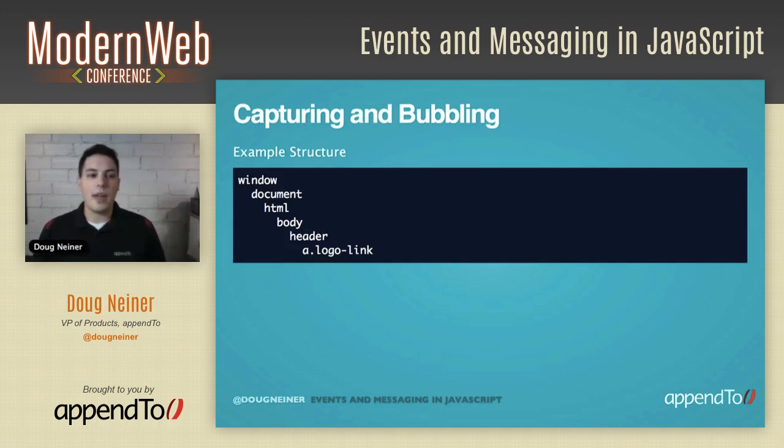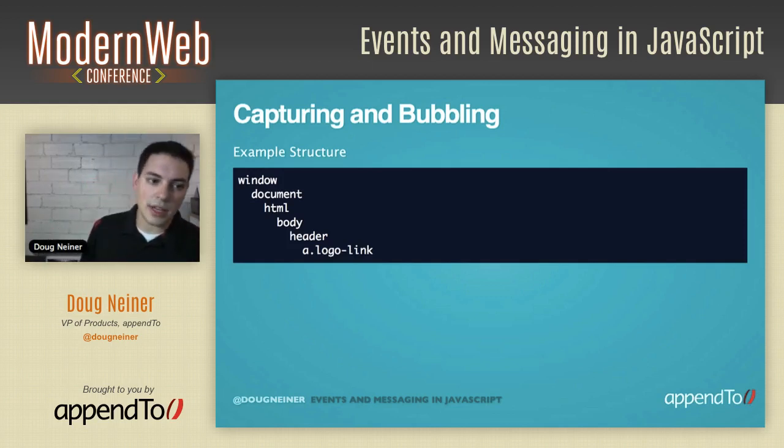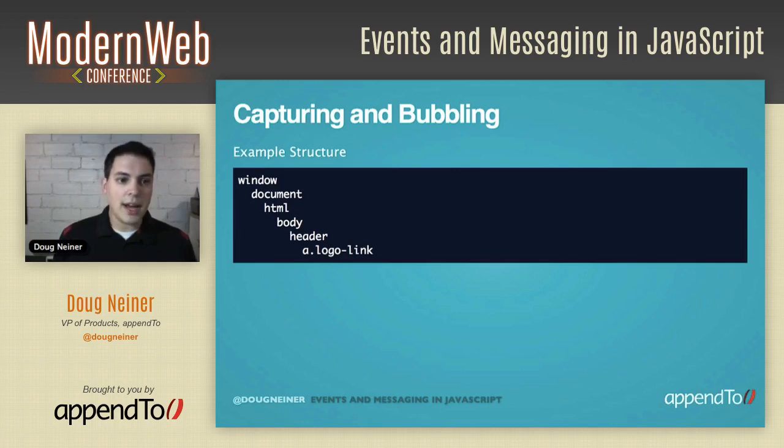All right, so we have an example structure here. We're going to start with our window, then we have our document, then we have the root element, which is HTML, then our body, then our header, and then our logo. So we have the structure, obviously just a slice of it, but we'll use this to talk about